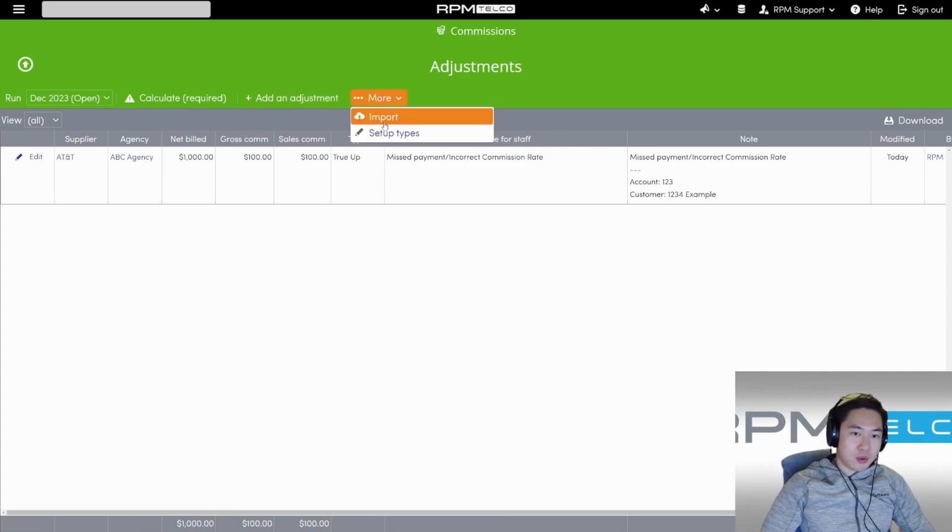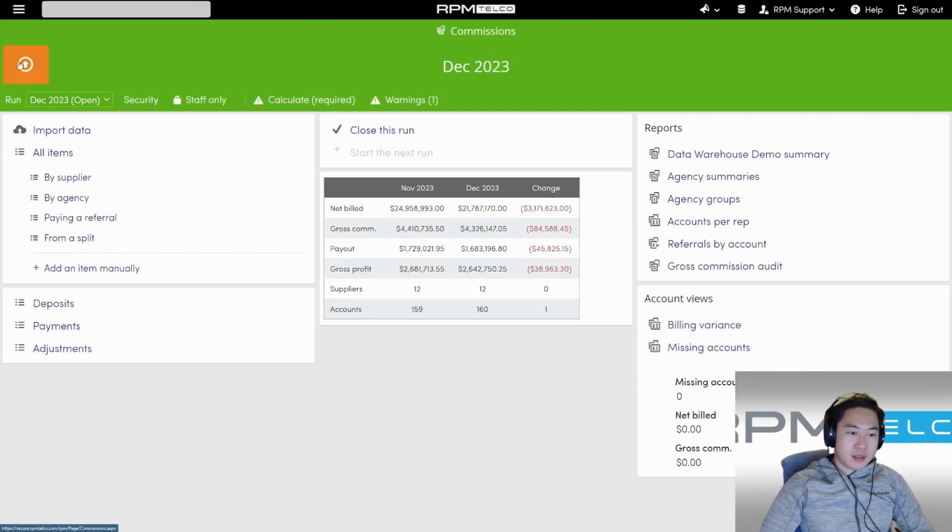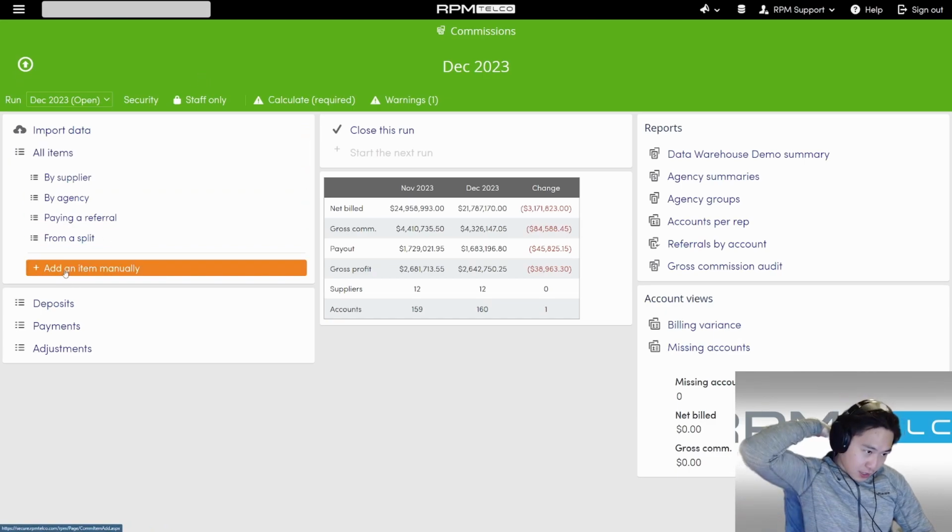You can do it through the import here, so you can add a whole bunch of adjustments at once if you need to, or you can just manually add an adjustment through the button here. So that's adjustments. The alternative to adjustments, which probably isn't used as often, I'd say, is